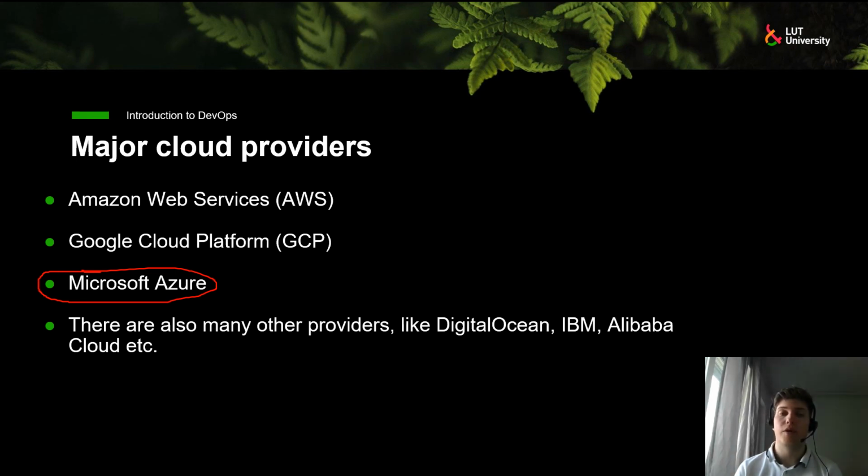Also there are many other smaller providers like DigitalOcean, IBM, and Alibaba Cloud, and these ones are also really big, so they are not small by any means, but the three biggest are the ones that I already mentioned. It's good to know that there are other alternatives that might sometimes be useful.